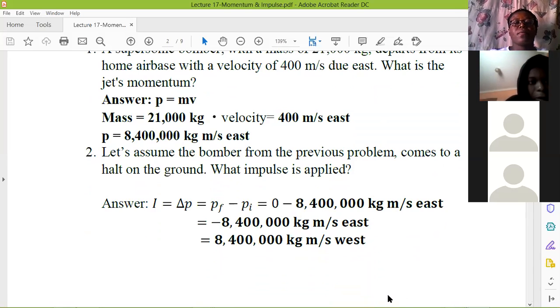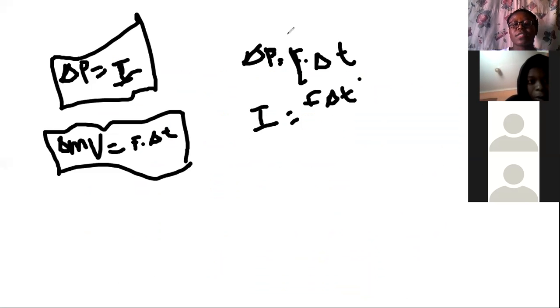Okay, so remember we said, from the equation that we were doing now, that the impulse is equal to the change in momentum. So the final velocity when it landed on the ground is equal to 0. It starts with an initial momentum. Remember, when you have change, it's the final momentum minus the initial momentum. So we have calculated what our momentum was as it just started. Then the final momentum is equal to 0,